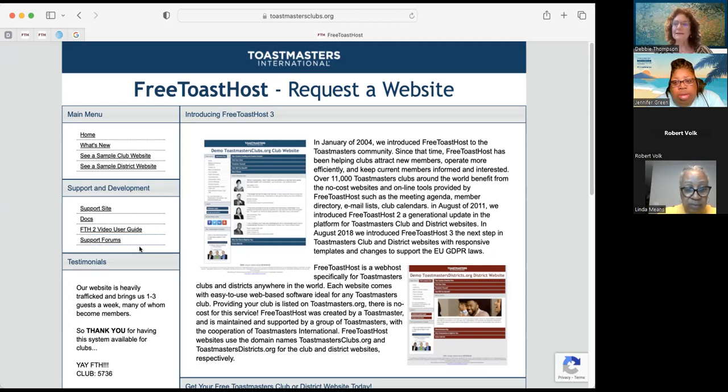What happens is it goes to 3 people. I believe it is the current club president, it might be whoever the administrator is on the site, and I think there's one more. But it gives you a way, if you've lost somebody, that any one of those people can request that the administrator password be reset.